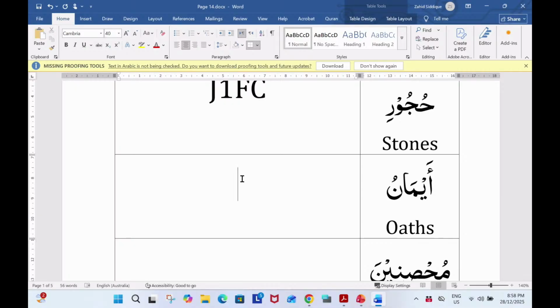So now with respect to status, what would be the status? Rafa, right? And with respect to the number, 1F. Now do you know why? So it is a broken plural of a non-intellectual being. That's why the answer for number and gender would be 1F. Now, is it proper or common? Common. Why? There is no al, and it's not a specific name of somebody, right? We are talking about oaths. Clear?